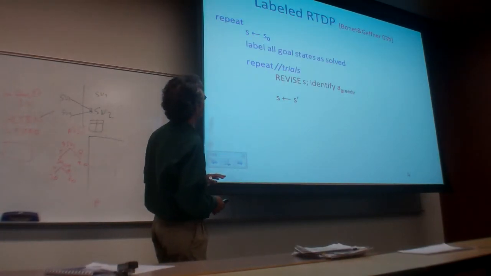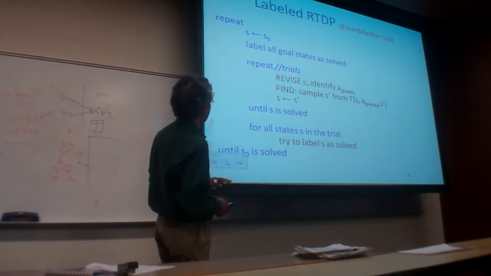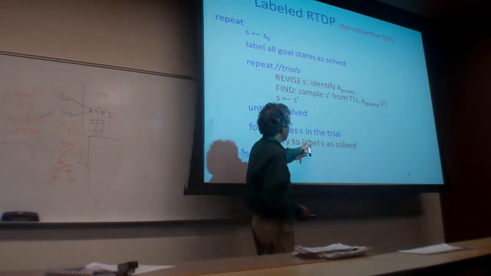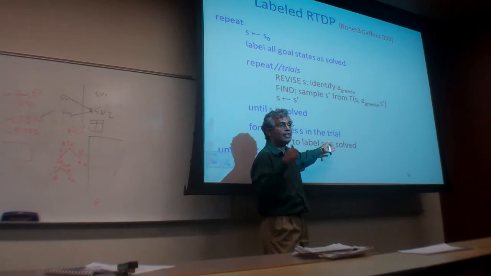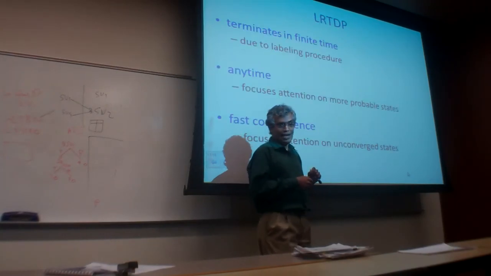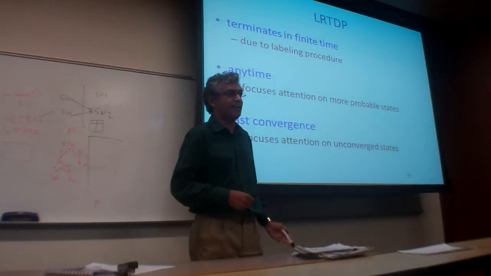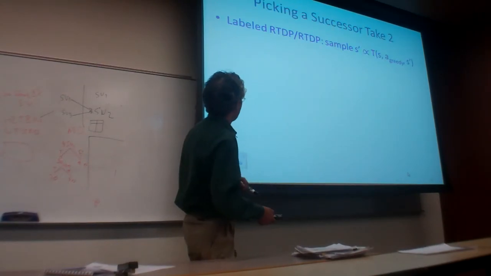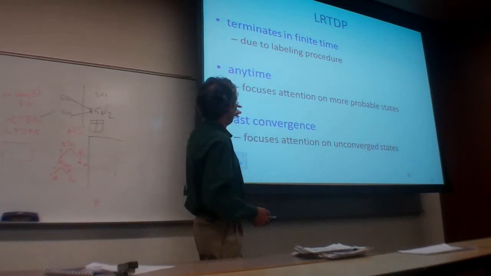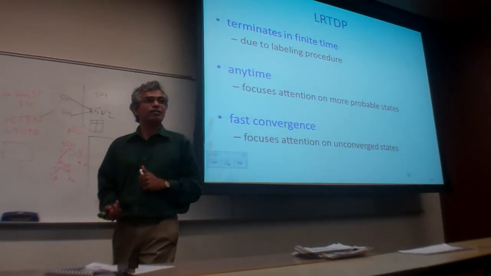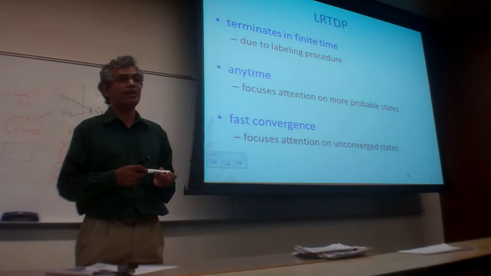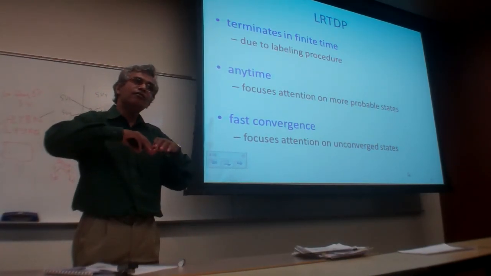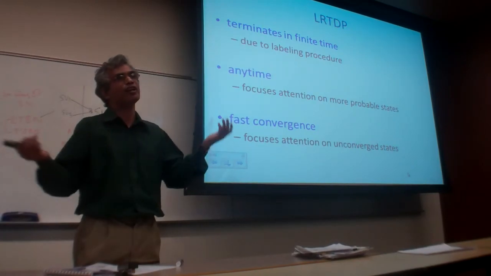Let me symbolically complete and say, essentially, LRTDP does the normal RTDP, but it also does label propagation. Where label propagation is this procedure I described, and that itself can be written as a little algorithm. Okay? And if you do that, then it converges much faster than normal RTDP because it avoids wasting time on states whose values are not going to change